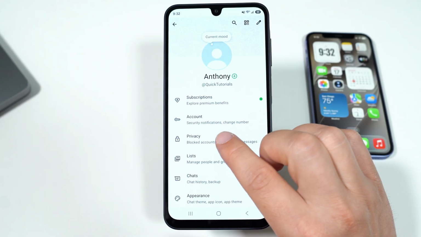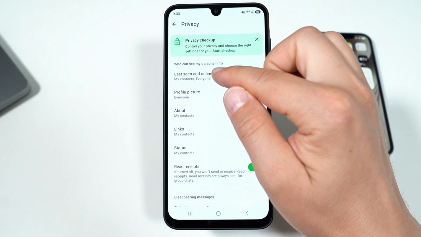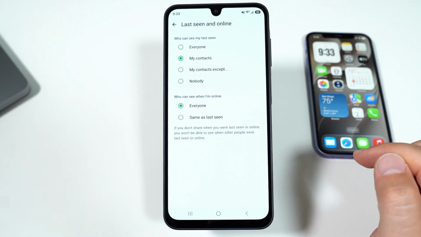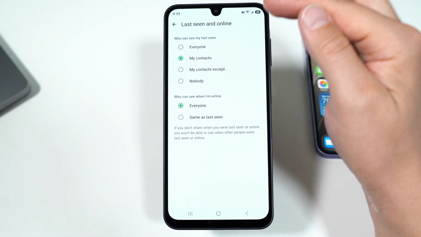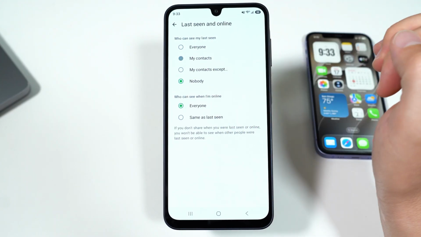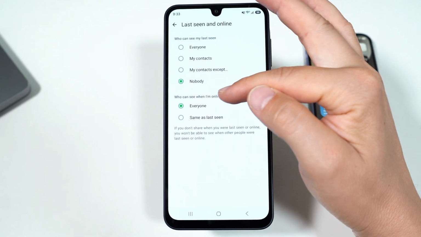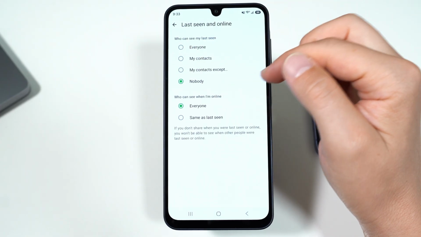From there, go to Privacy, and here you have a menu for Last Seen and Online. First, you can choose who sees your last seen status. Everyone, just your contacts, contacts except a specific person, or nobody at all. And under that, there's a separate setting for who can see when you're currently online. You can set it to either everyone or have it set to the same setting from the last seen option